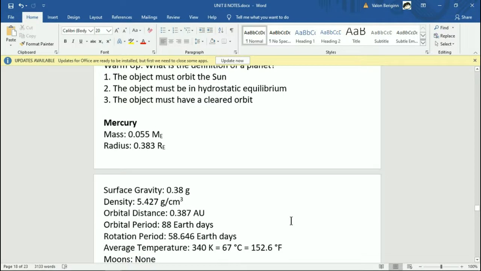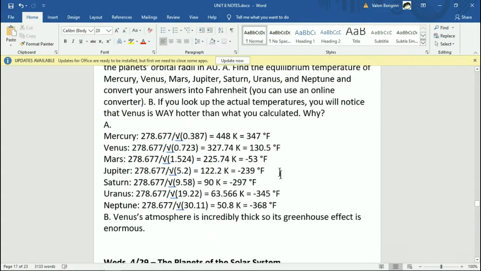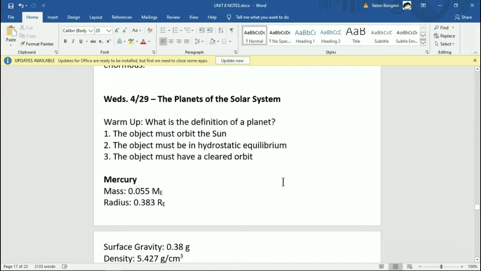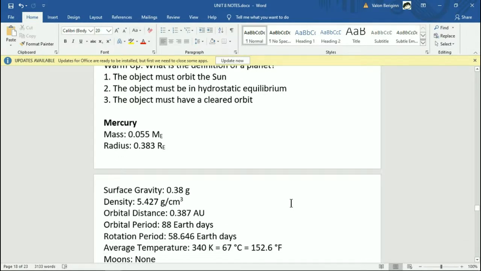Average temperature. This is something that you might think is weird. 152 Fahrenheit, that's actually not terrible. But then again, over here, 347 Fahrenheit, and I said there was a weird thing about that. So how does that work? The thing with this is that Mercury has no atmosphere. Okay, it technically has one, but functionally it has no atmosphere. So what this means is that